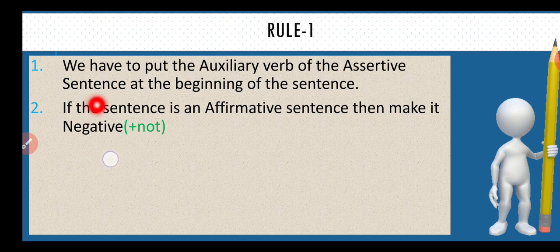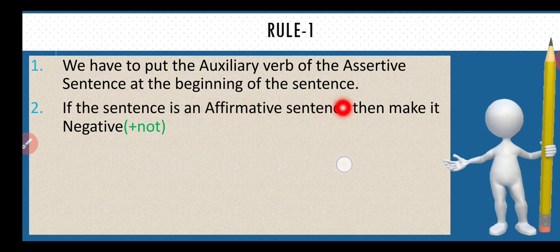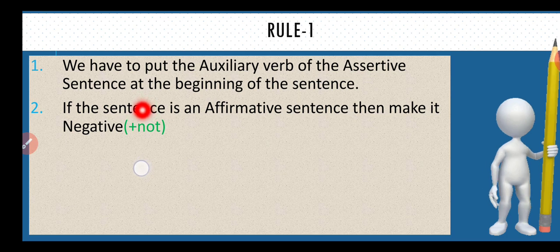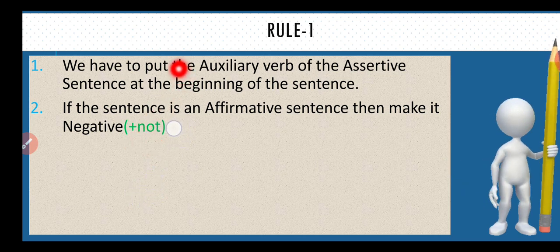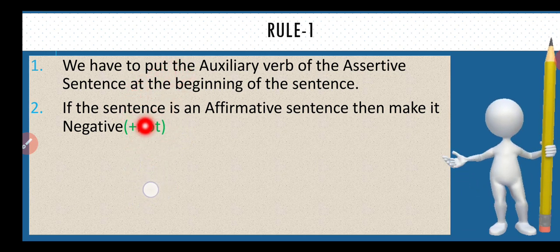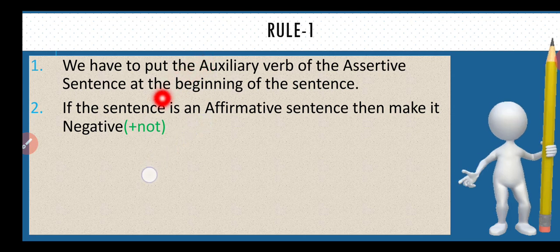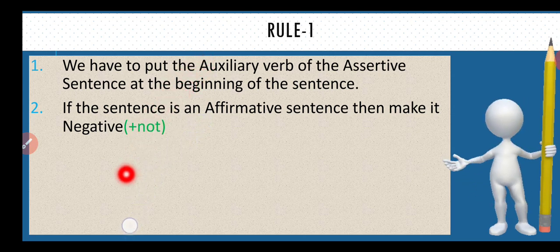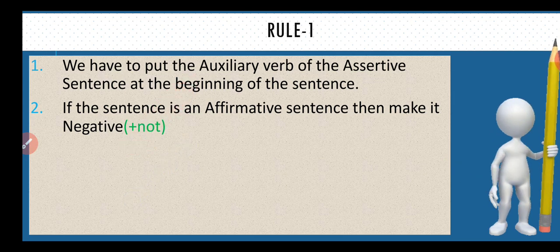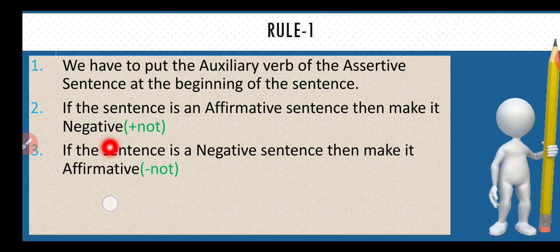Next, if the sentence is an affirmative sentence, then make it negative. যদি সেন্টেন্সটা অ্যাফার্মেটিভ হয় তাহলে সেটাকে নেগেটিভ করে দিতে হবে, বা তার মানে নট যোগ করতে হবে। আমাদের যে অক্সিলিয়ারি ভার্বটা আমরা প্রথমে নিয়ে আসবো তার সাথে কি যোগ করতে হবে? নট। যেমন ইজ থাকলে ইজন্ট, ওয়াজ থাকলে ওয়াজন্ট, ডাজ থাকলে ডাজন্ট, হ্যাভ থাকলে হ্যাভেন্ট, এটসেট্রা।